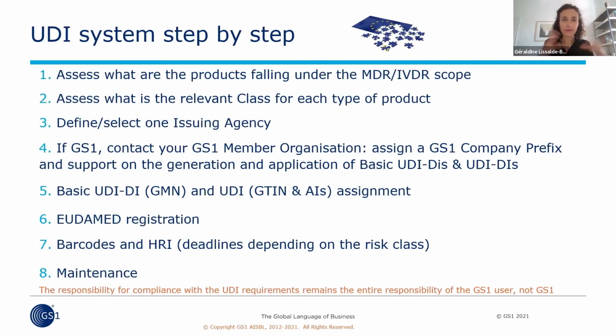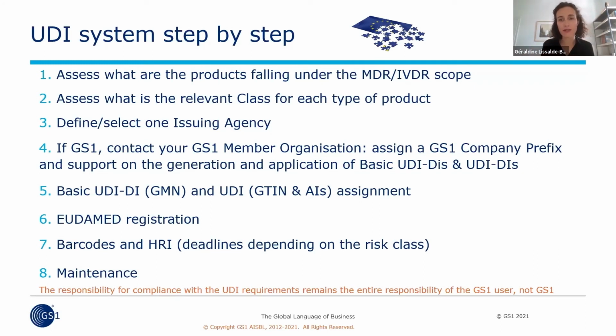And to close, what do you do when you receive regulation with UDI and you need to implement? You already had good tips from the previous speakers, and this is really just a high-level checklist. If you knock at the door of any of the GS1 MOs, they will be able to help you. So assess the products and see whether they fall under the scope. Assess the class for each product, because it will also define the deadline. Select or define your issuing agency. Contact GS1 UK or any other MO so they can help you to assign the company prefix, to implement the